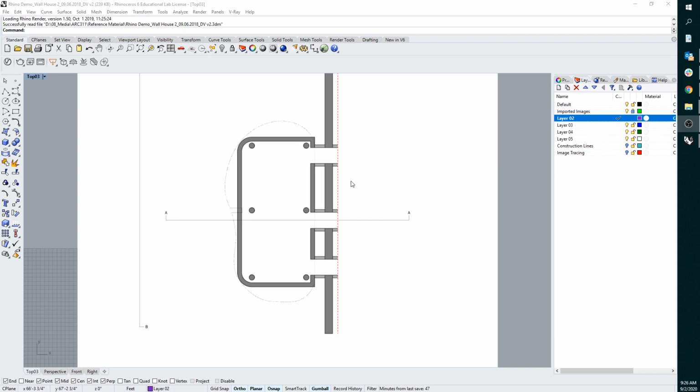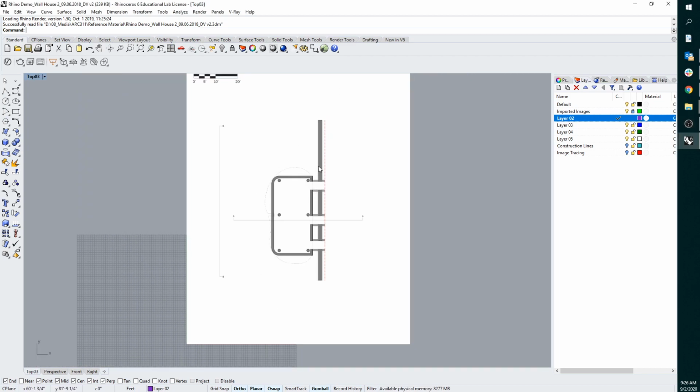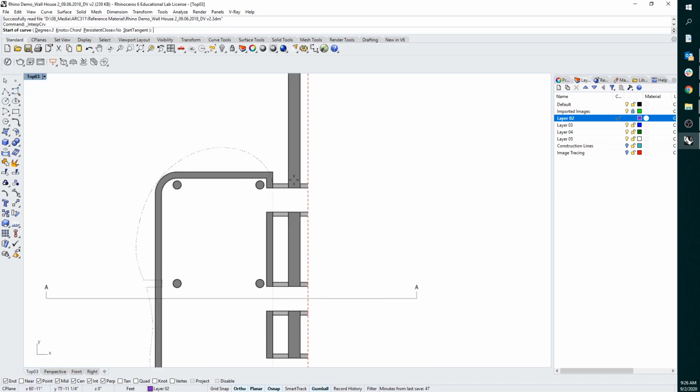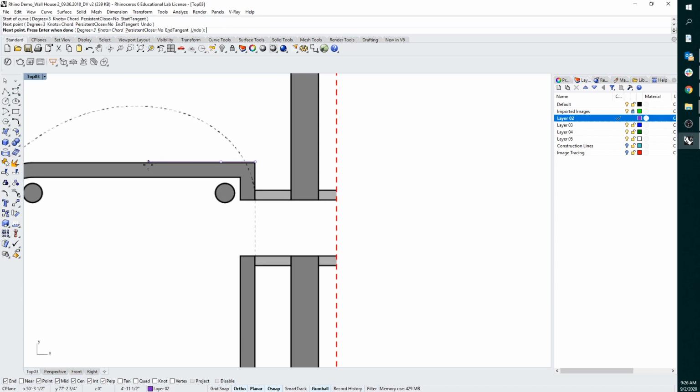Once all of the images are imported into your file, you're going to need to trace over them to get them to actually be curves within the Rhino environment. So the biggest mistake that I usually see here is people go up to something like the spline tool or the polyline tool, and they just go ahead and start tracing this